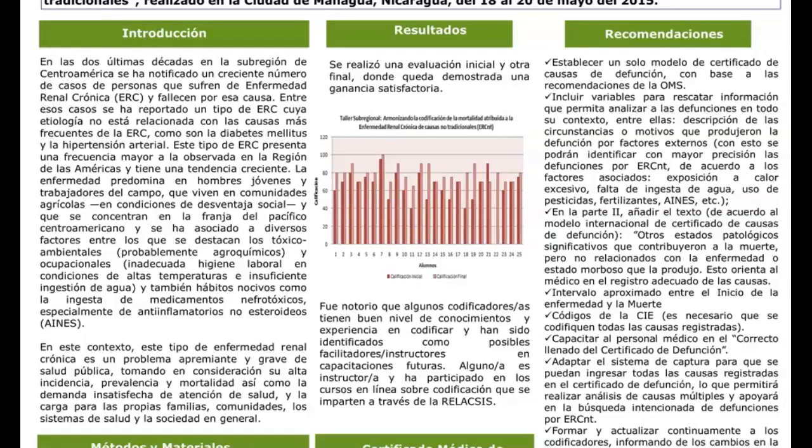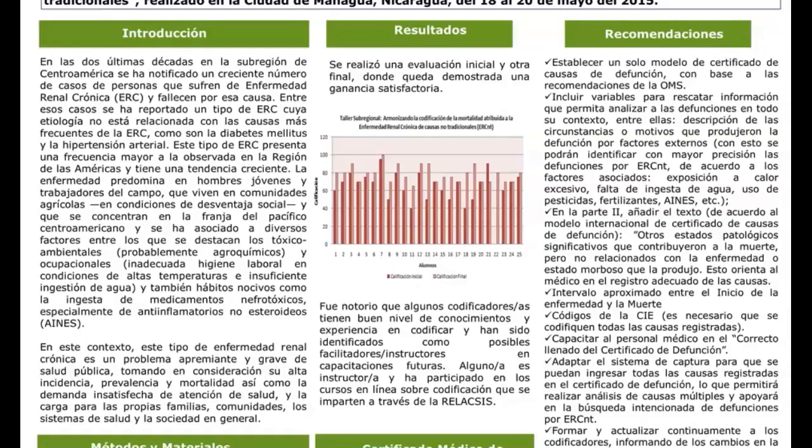So, as a recommendation, one of the recommendations was using a unique death certificate according to the OPS guidelines, including variables to rescue the information which allows analyzing death in all contexts, as we said,